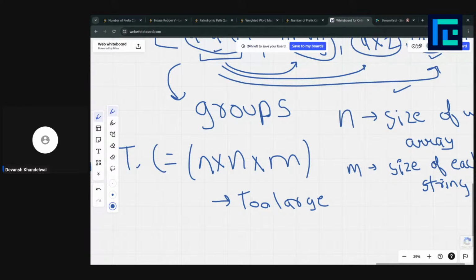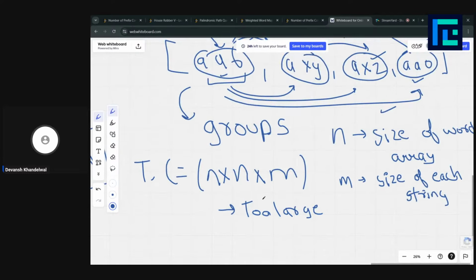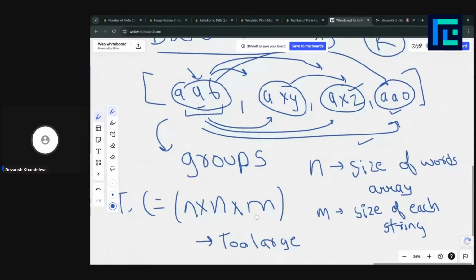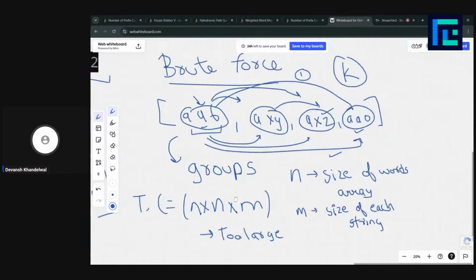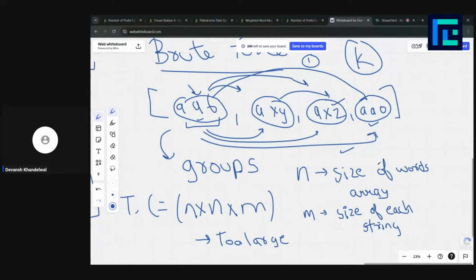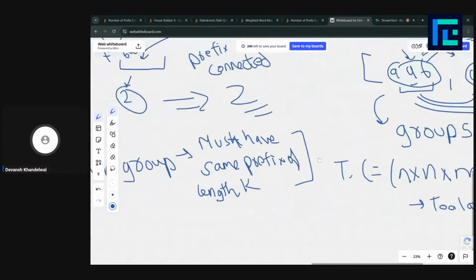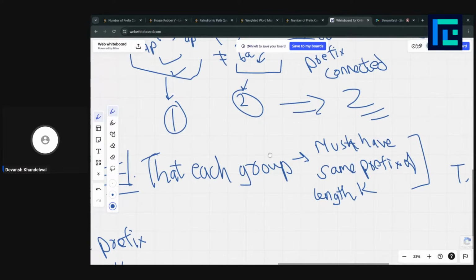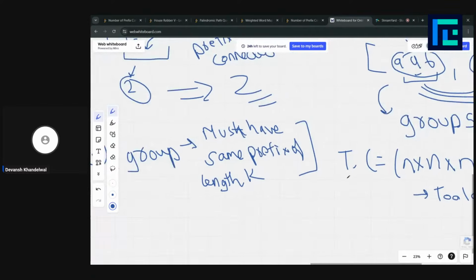So basically now we know that this is going to take too much time. Is there some easy way to group them? Using this observation that each group must have the same prefix of length k, what we could do is